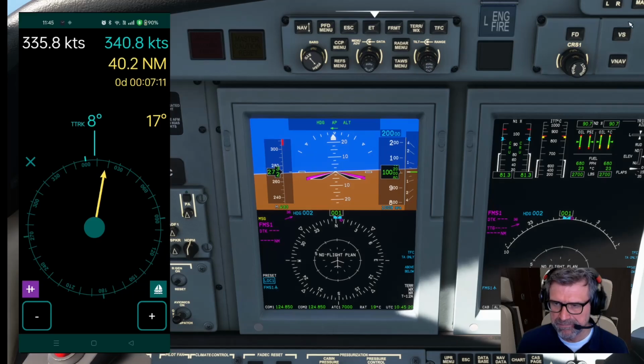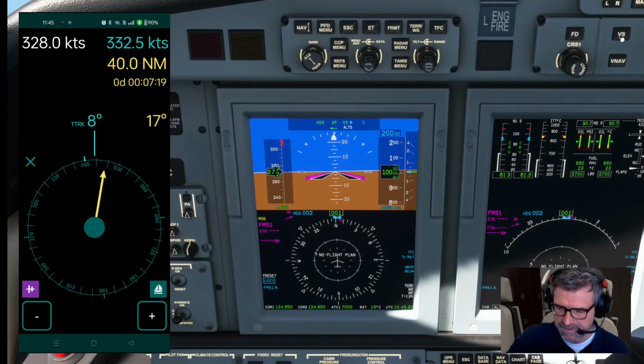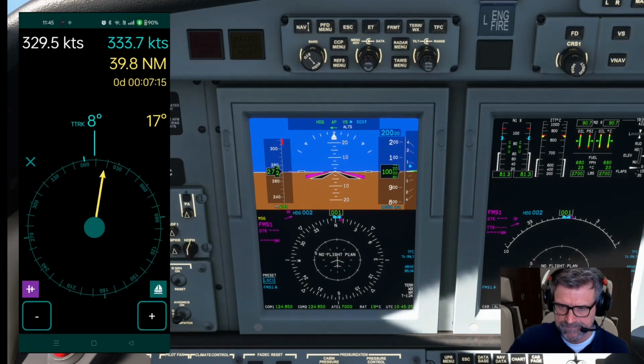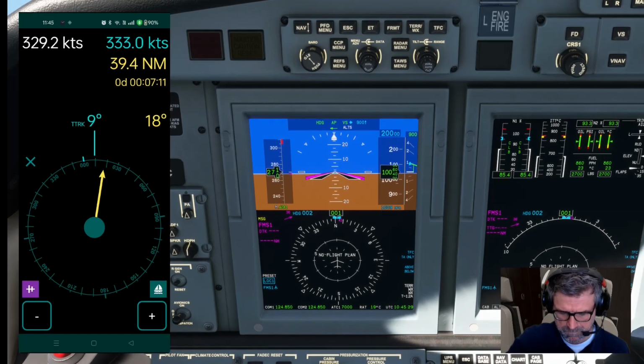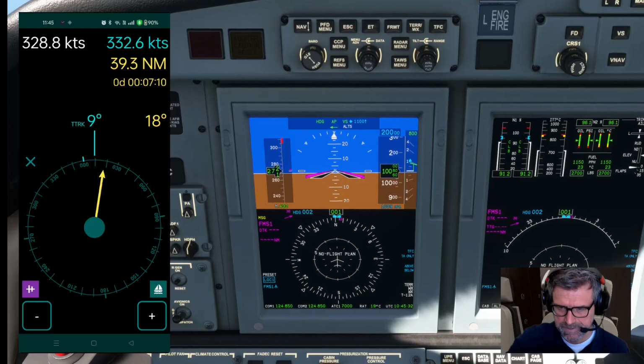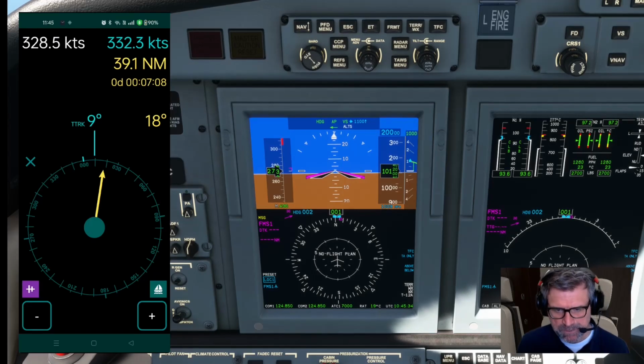So put in our nav and increase our speed, give us some more power because we don't have an auto throttle in the